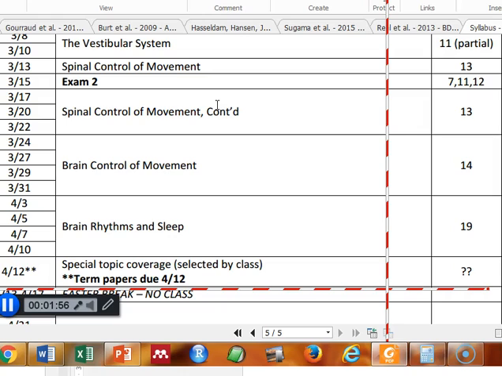What I'd like you to do, ideally by mid-next week, is take a look through the table of contents in your textbook and see if any chapters jump out at you in that 16, 17, 18, 19, or beyond 19 range. The idea is that we'll generate a short list of topics, and then we'll vote and decide what we're going to do for that last week or so of class, leading up into Easter break and then following Easter break.